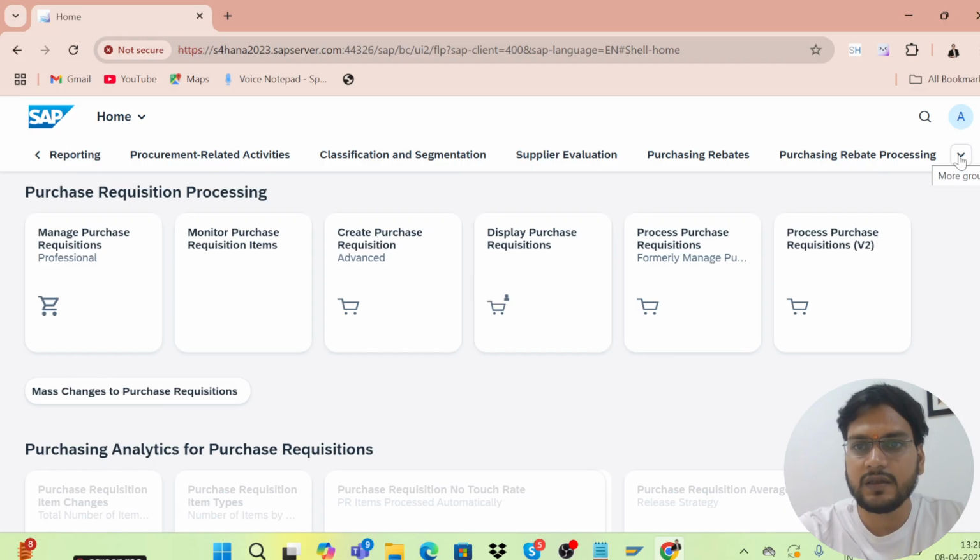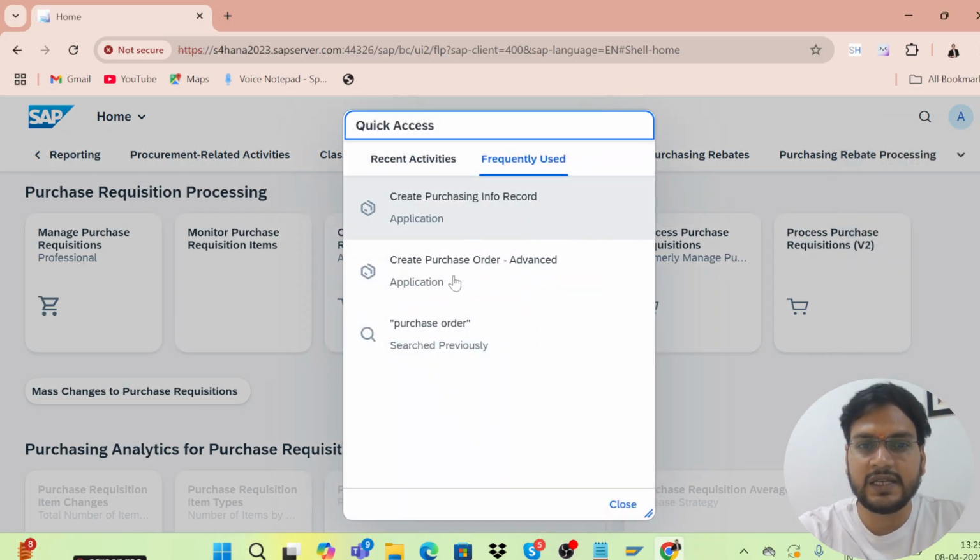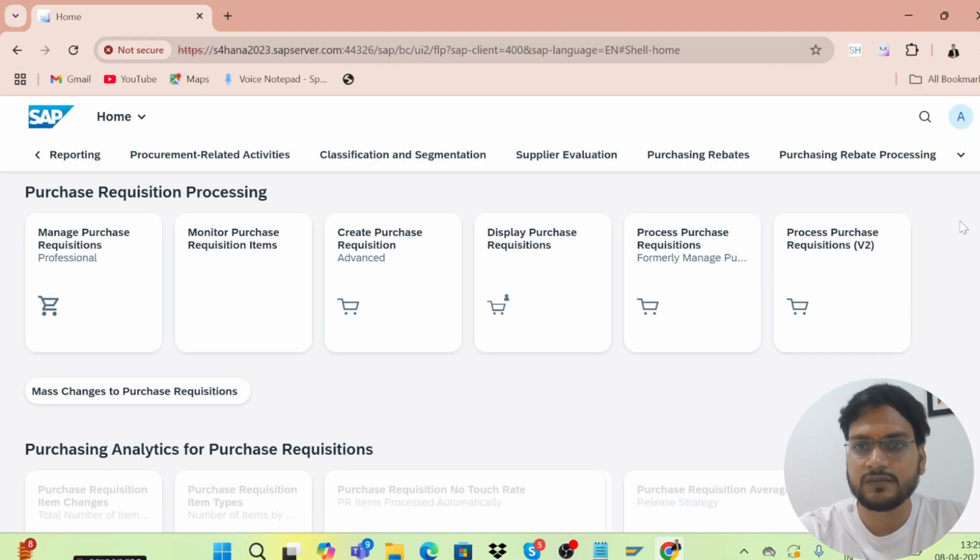Okay, and you can also see frequently used apps, frequently used tiles. Just go to frequently used tiles and you can easily see whatever tiles are used frequently. Like create purchase info record I have used, create purchase order I have used, right?